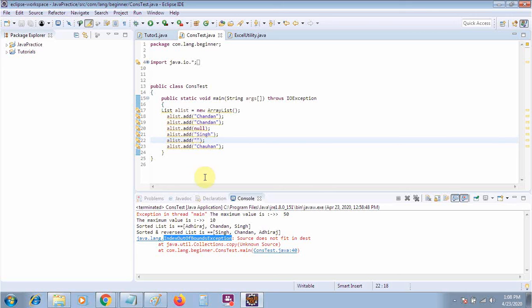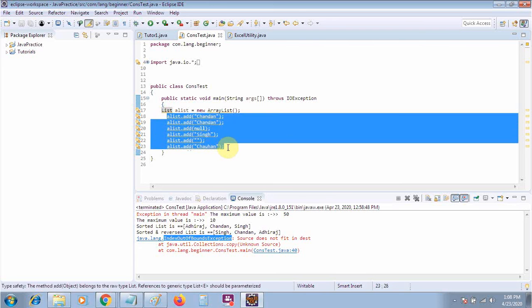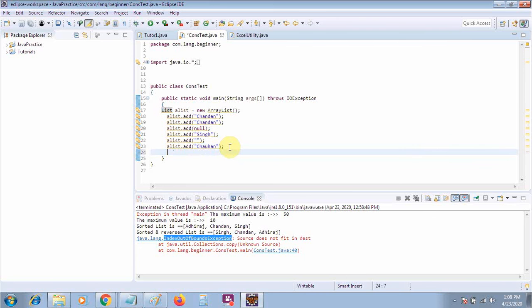Okay, so now I have created an array list, and I have added some values. As I know, array list is a class which implements the list interface, so we create the object this way. Now I have added some values using this object, and now I will fetch the values using the iterator interface. So iterator, I will say as itr.